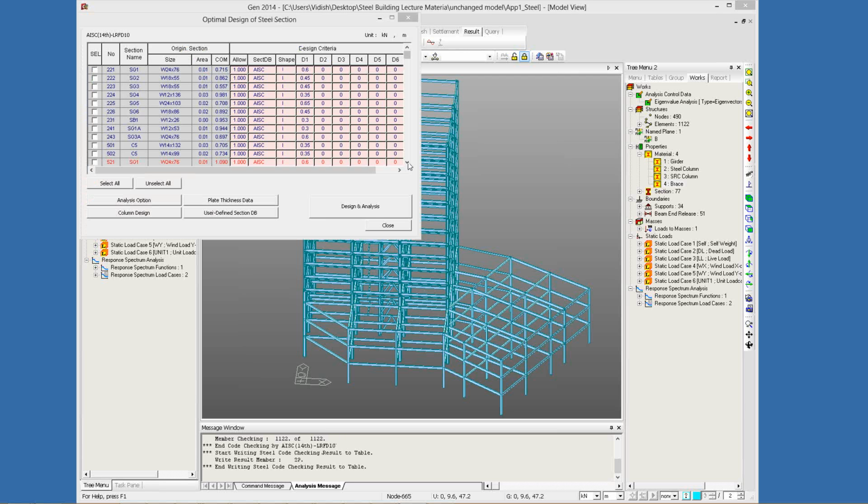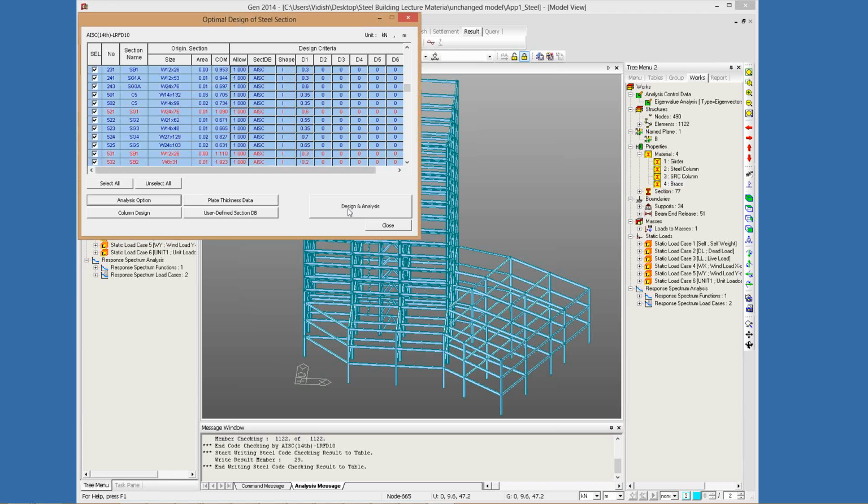So here you have the sections, and here you have the sections that require changing. So let's say I select all, I put it through one repetition and just put it under design and analysis. So what Midas Gen will do now is it will basically search for optimal elements that can replace the existing elements, and it will at the end of it give you a final redefined element